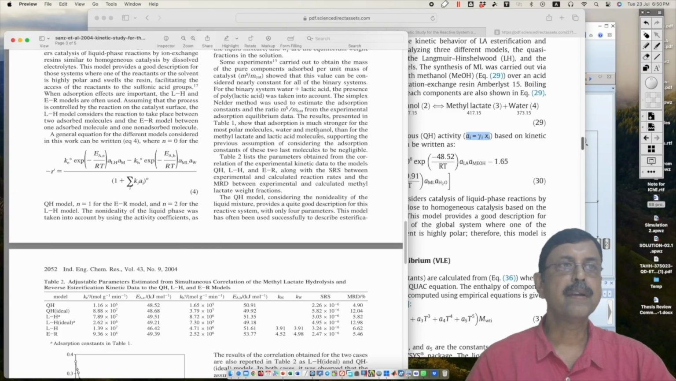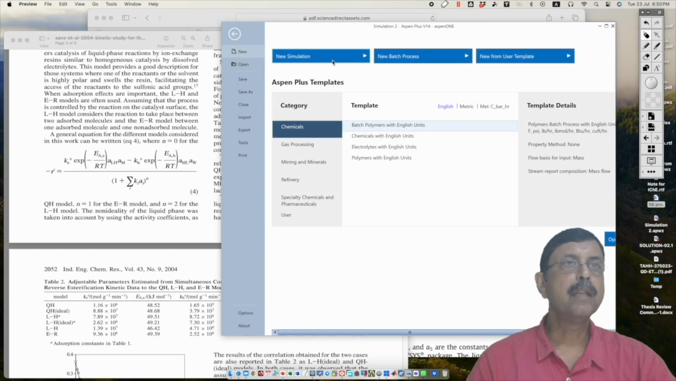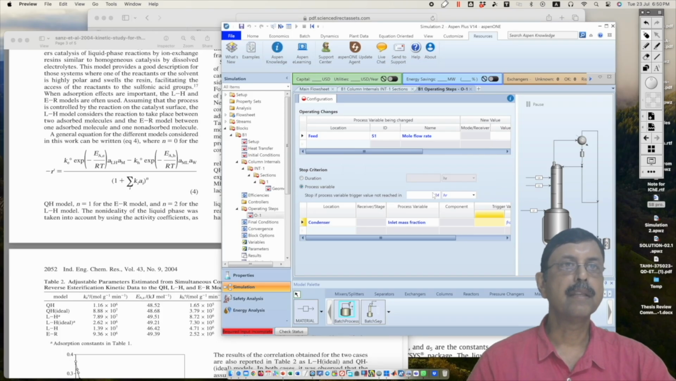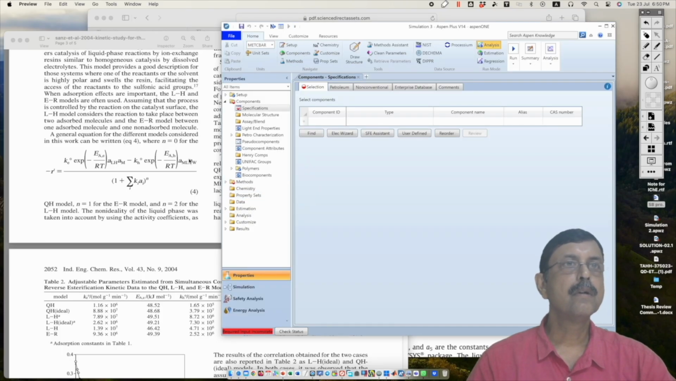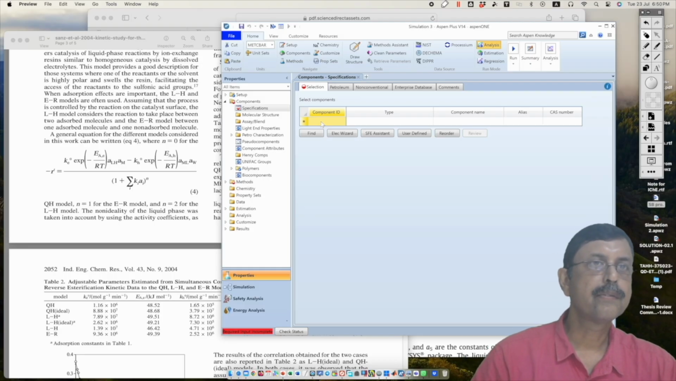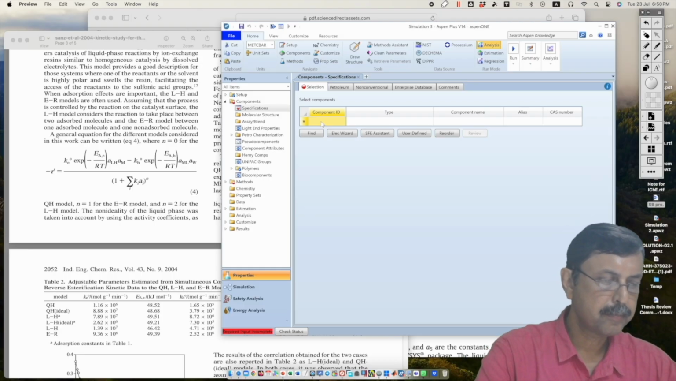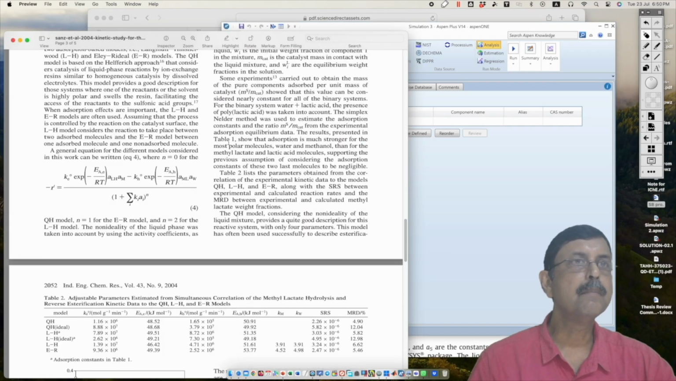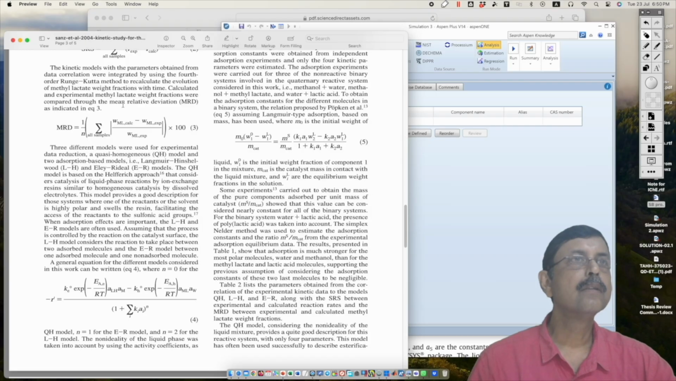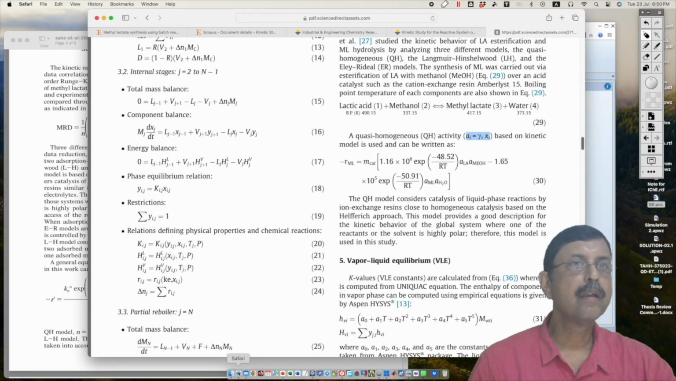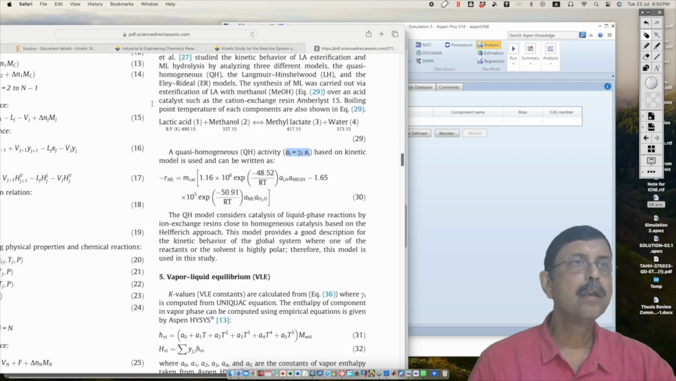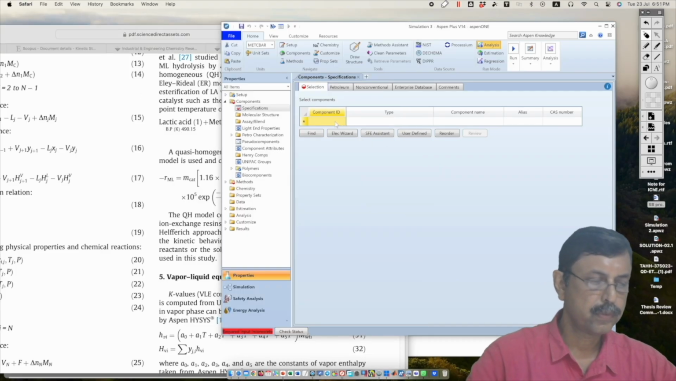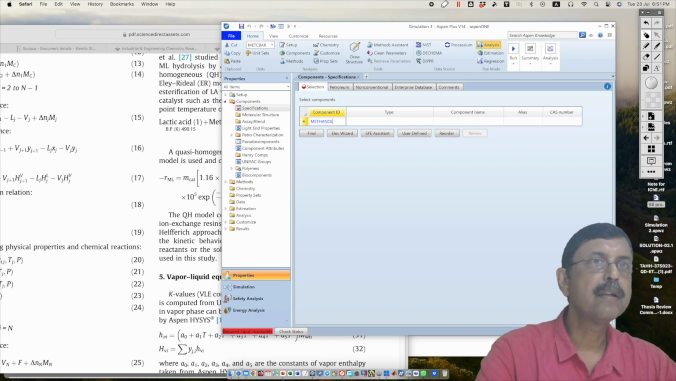Now first thing first, let us choose the components to work with. Let us open a new simulation. We do not want to save anything. Now we will use lactic acid, and lactic acid will work with methanol, right? So we will have methanol, lactic acid, methyl lactate and water. We will use methanol first,